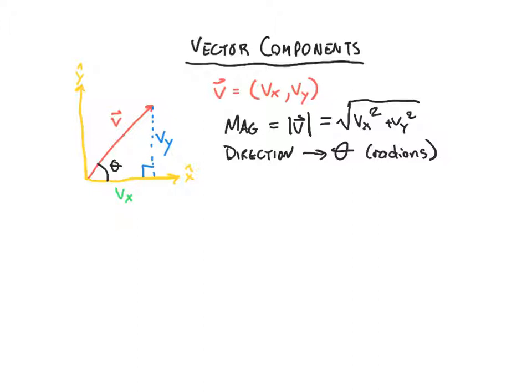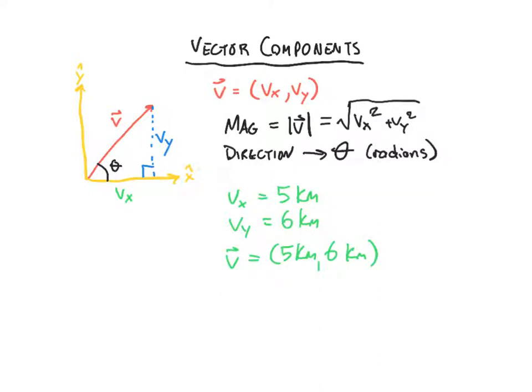So right now I've written down v in terms of its components, but I haven't really said what the components are, right? I've still left it in variable form. So just to give an example, let's say that this is the distance that somebody walked, and v is the path that they traveled. Well, in that case, vx is maybe something like 5 kilometers, and vy, we'll say, is about 6 kilometers. Right? So now that means that we can write v either as 5 kilometers, 6 kilometers,